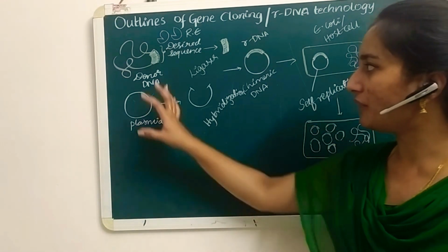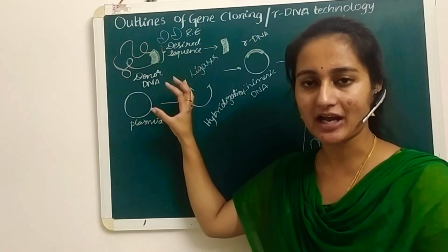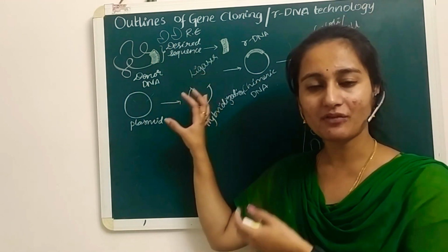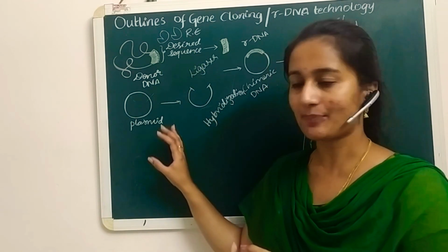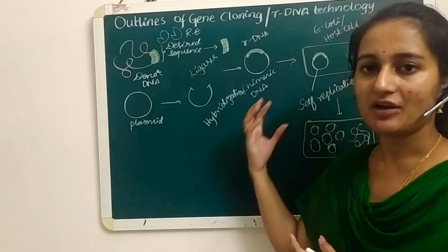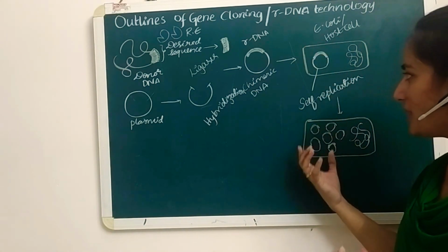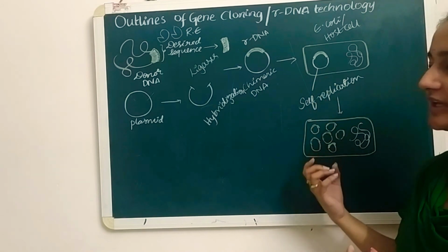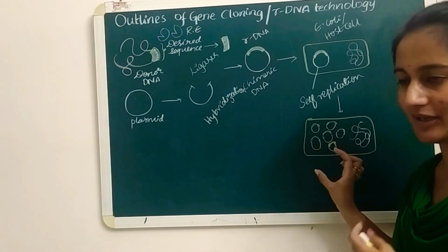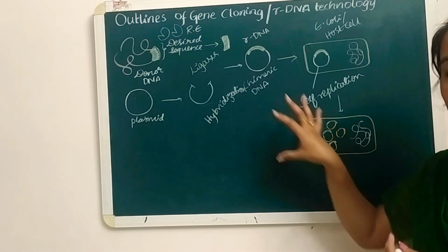So out of the whole genome, we take only the desired sequence or fragments with the help of restriction enzymes, and we introduce them into vectors with the help of ligase enzyme. We get a recombinant one, which needs to be introduced into the host for its replication or multiplication. It makes exact copies of this plasmid. That process we consider as the cloning process. As the gene is making copies, we can also call it gene cloning. And we get all the new varieties or recombinants at the end of this process.